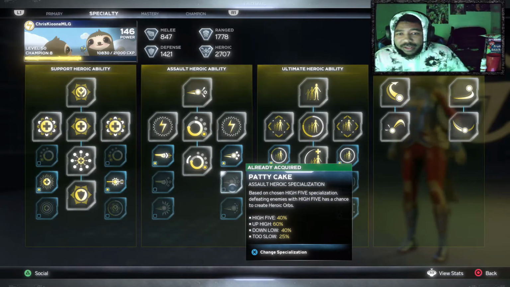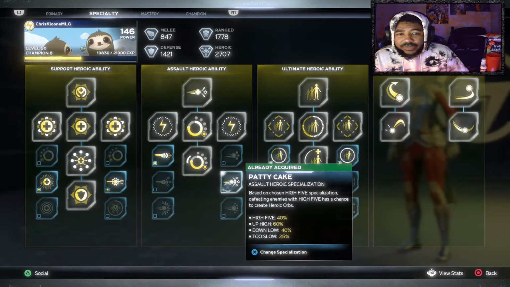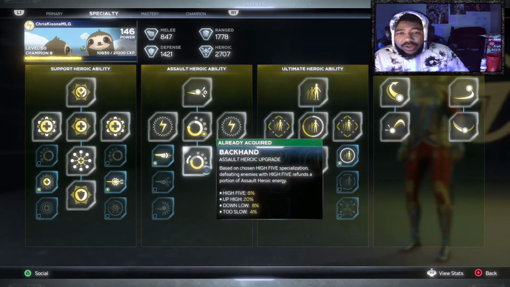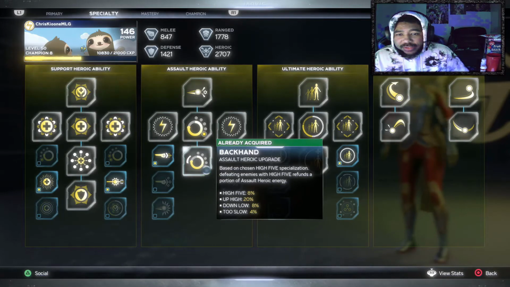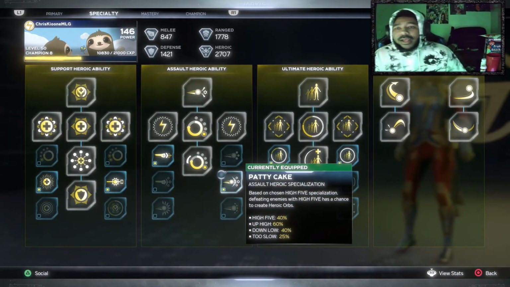Come on, man. You gotta see what this is right now. You gotta see what she's building. She's an assault heroic beast. She is an energy heroic monster, and that brings me to